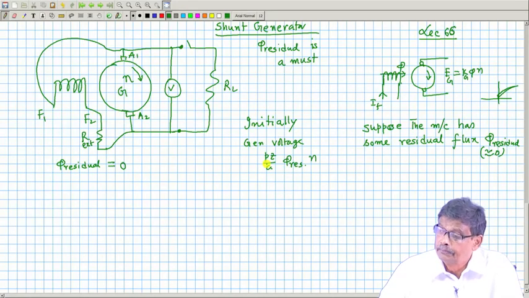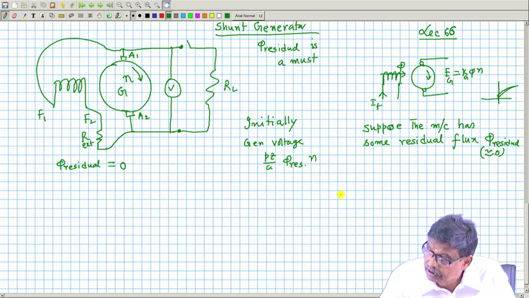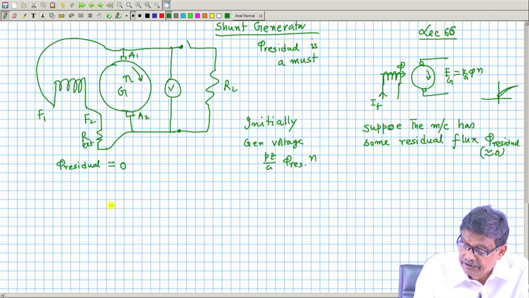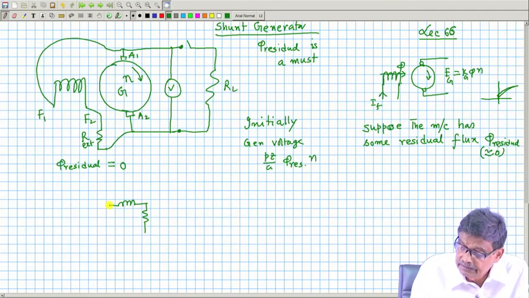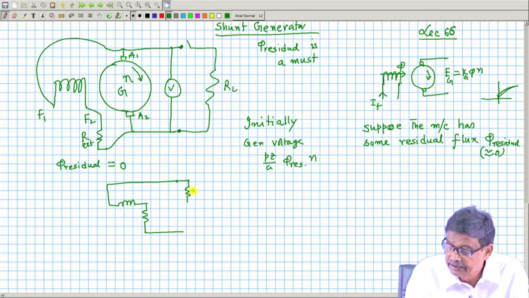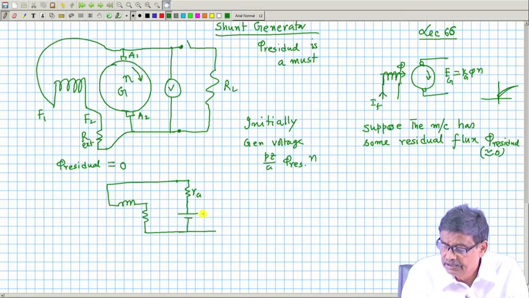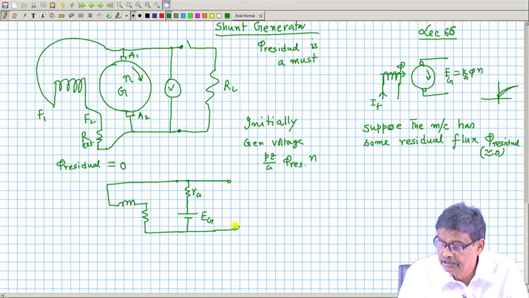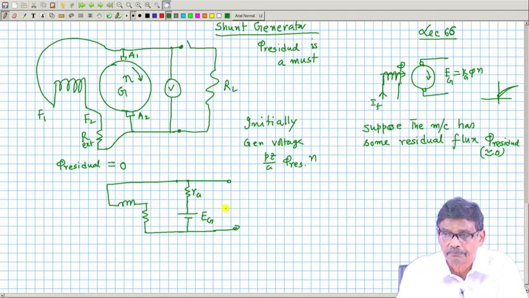Now, what is this circuit now? It looks like this is the equivalent circuit, field, electrical equivalent circuit. This one is connected in parallel with the armature, and what is this armature? This R A, and there may be some brush drop here, small, and then there will be some generated voltage E g, and these two are the terminals where I am planning to connect a load.